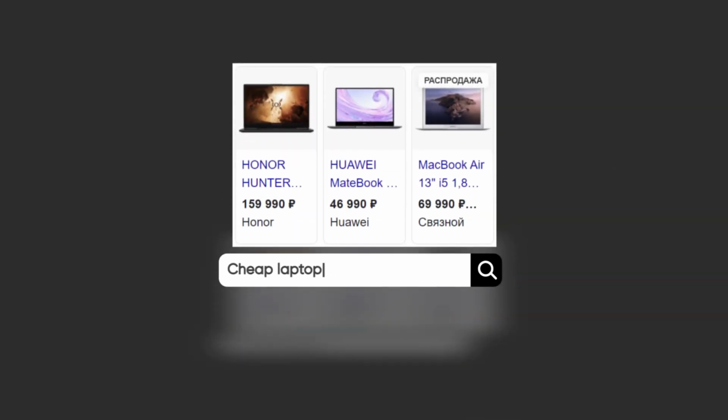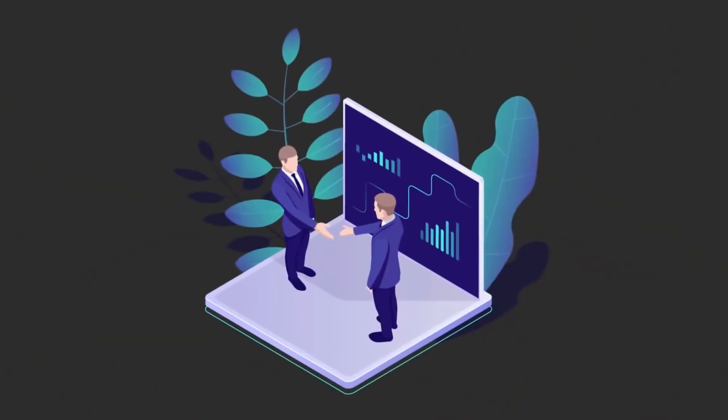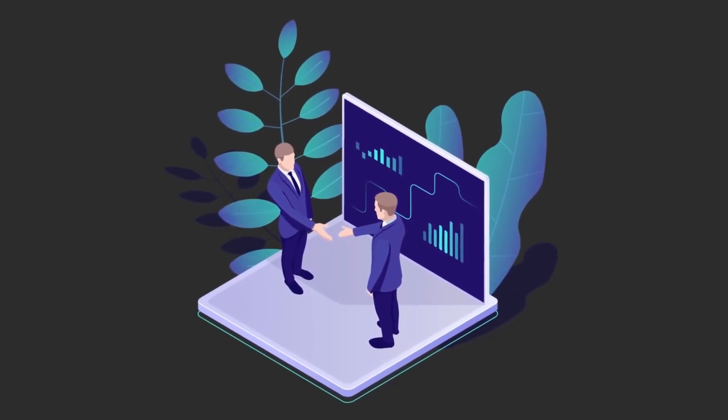For example, if you type in cheap laptop on Google search and then visit regular sites after, you will notice laptop advertisements following you everywhere. A similar advertising mechanism is also present on Instagram. The system analyzes your likes, subscriptions, and preferences. The only difference is how aggressive their marketing strategies are.